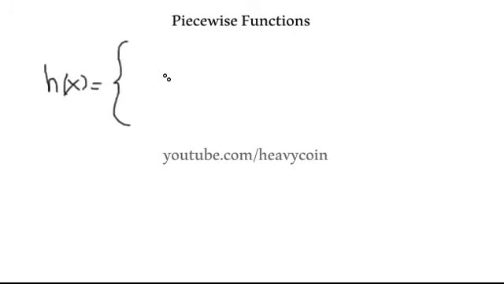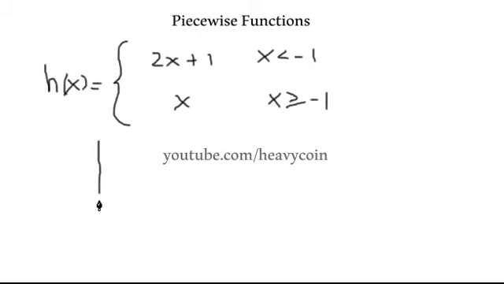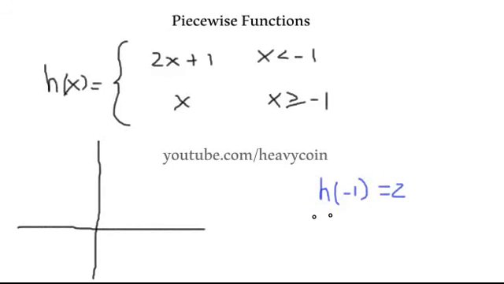We'll give it the name of h of x, and we're going to say 2x plus 1, where x is less than negative 1, and then the other part to this is x, where x is greater than or equal to negative 1. All right. So this part, 2x plus 1, it's got a y-intercept of 1. Now, what we need to probably do here is I'm going to plug negative 1 in to this. Even though it says we're not supposed to use negative 1, we're just going to